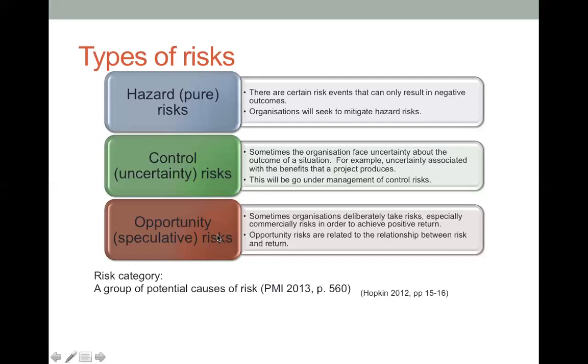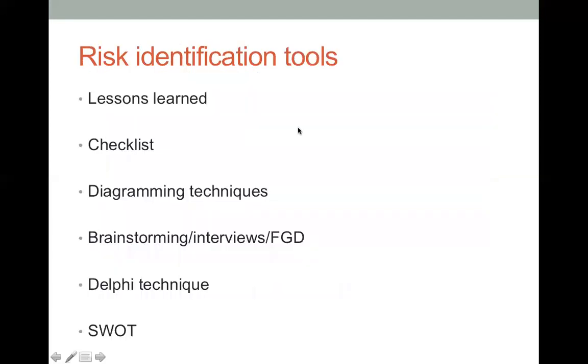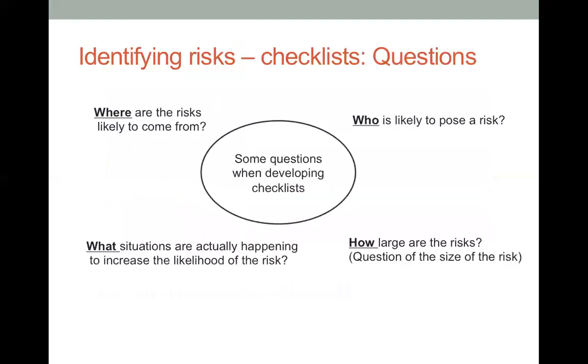Okay, and the next one is opportunity or speculative risks, which is basically positive. If we don't seize this opportunity, that means we are going to have what we call opportunity loss. Okay, so there are some types of risks as well from a different perspective. Now let's talk about the tools. We have several tools here: lessons learned, checklist, diagramming, brainstorming, Delphi technique, and also SWOT analysis. Okay? I'm not going to discuss all of them, just taking you through the main ones here, like